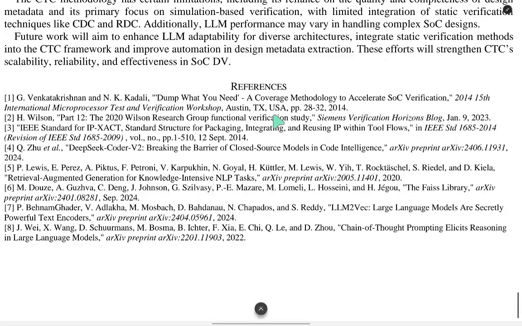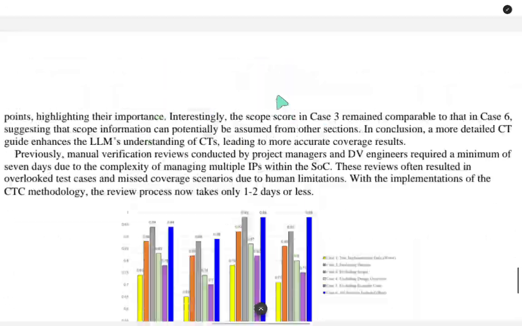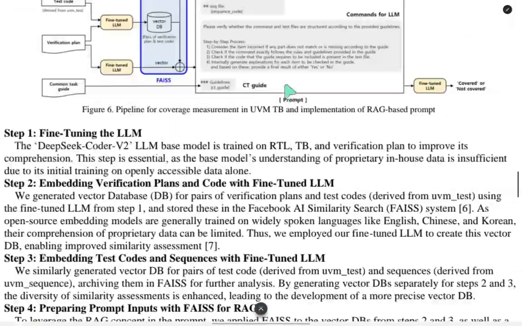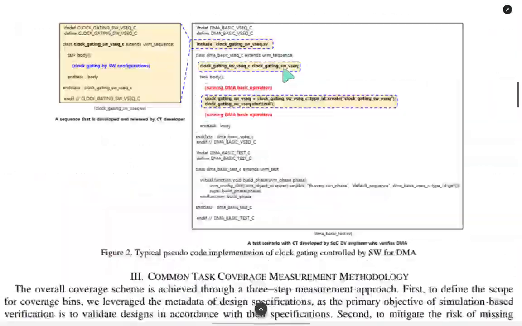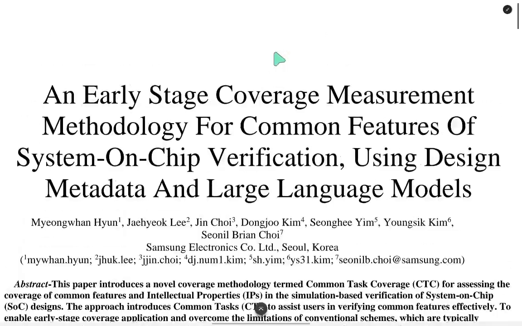There are 8 references. Okay, today I read this paper, an early-stage coverage measurement methodology for common features of system-on-chip verification using design metadata and large language models,